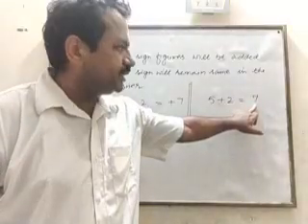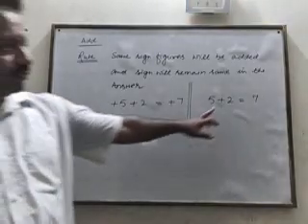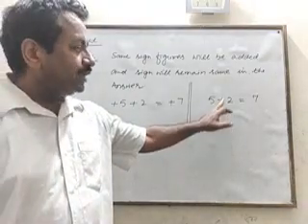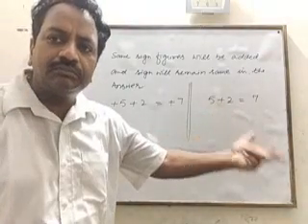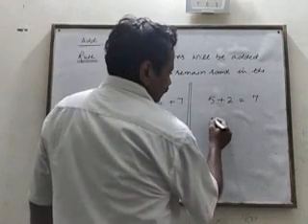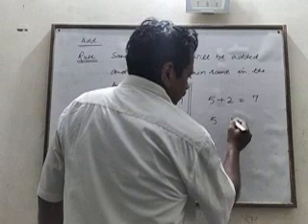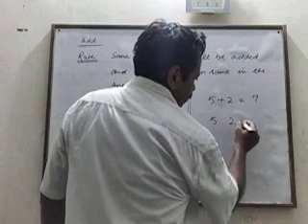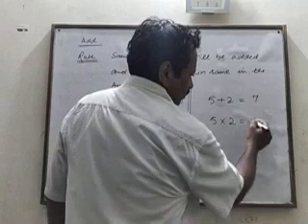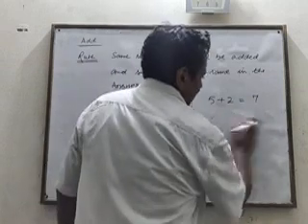Here a single integer is there, so we can remove this plus also. But we cannot remove this plus. If we remove it and no sign is there, it will become multiplication. Always remember, if you have written 5 and no sign is there, it will be assumed as multiplication.